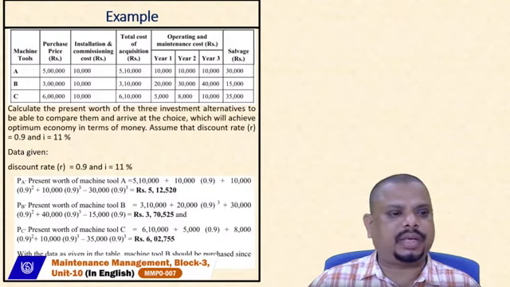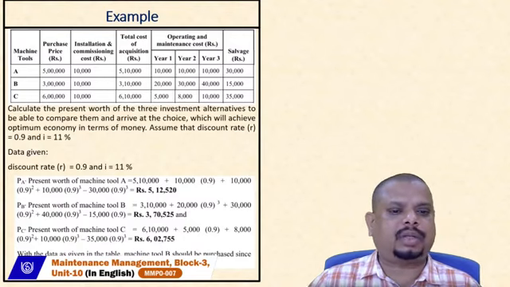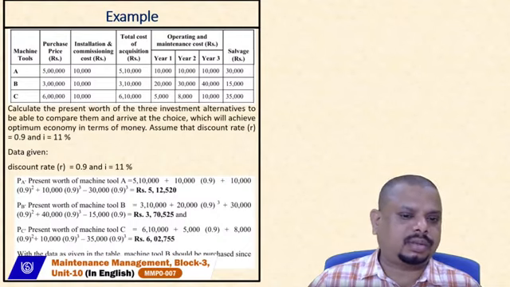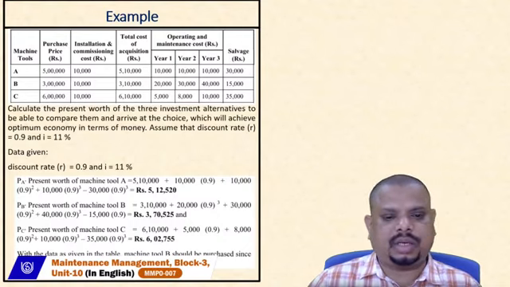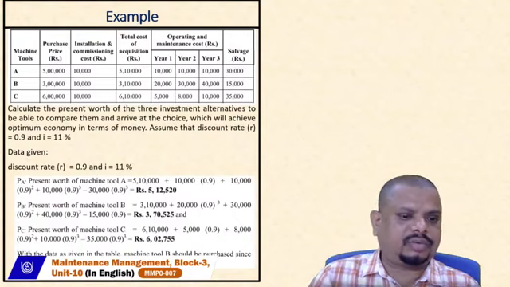So in this particular problem statement, we have to calculate the present worth of the 3 investment alternatives, machine tools A, B and C, to be able to compare them and arrive at the choice which achieves optimum economy in terms of money. Let's assume that the discount rate R equals 0.9 and the rate of interest I equals 11%. So let's calculate the present worth of machine tool